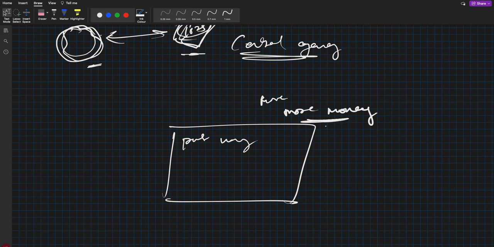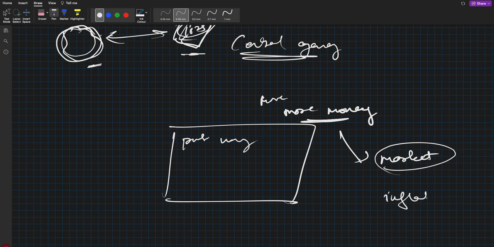So what happened because of this? This money came into the market, right? This money came into the market, and when this money came into the market, inflation did happen. If you don't understand what I mean by inflation, let's say